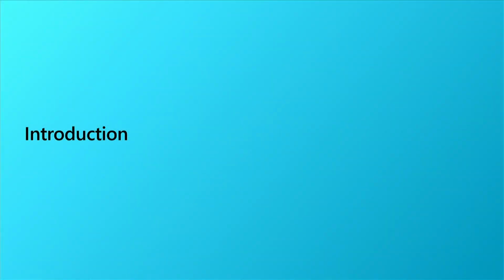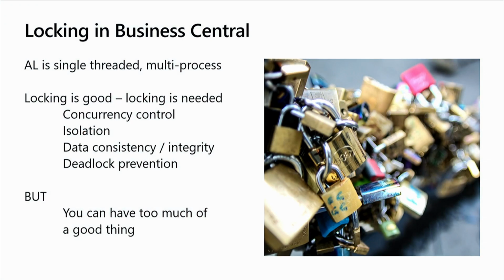I'll start by introducing why we have locks and what a lock means in a business application. Because locks are good, but locks can also be bad. AL is a single-threaded execution, and it can run on multiple processes. In normal places in code where you want concurrency control and you want to keep people away, you can use mutexes, semaphores, whatever you want to keep people out. But if you want to keep them out of each other across processes and across sessions, you need to do something else. And we use the database to do our locks, to do concurrency control, isolation, and also prevent deadlocks,